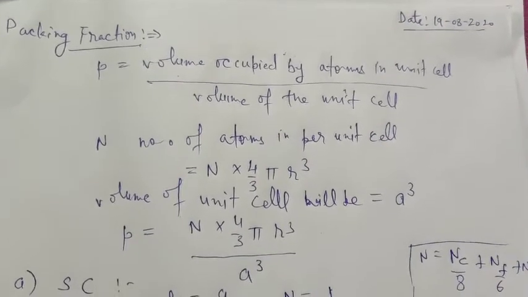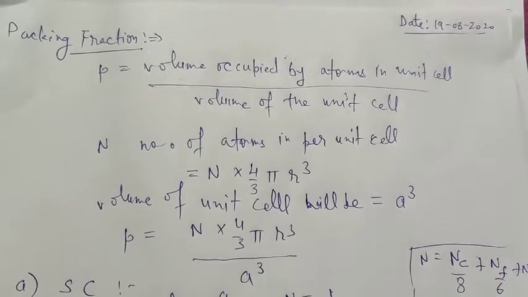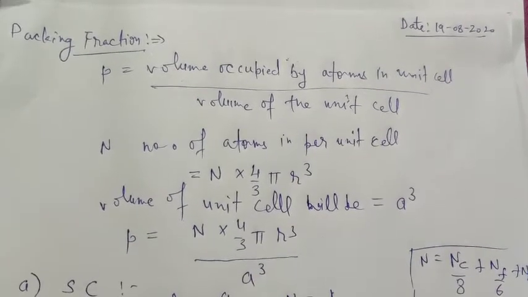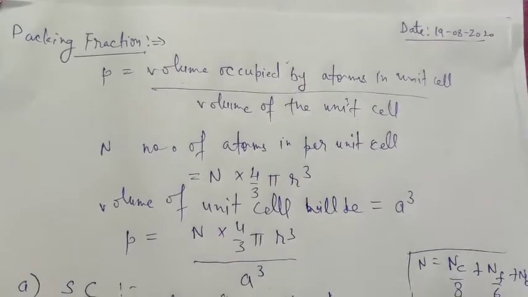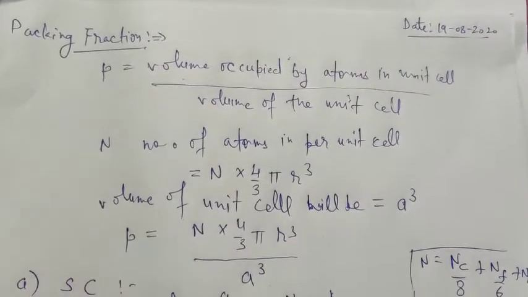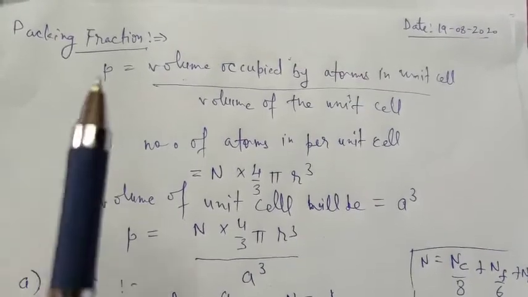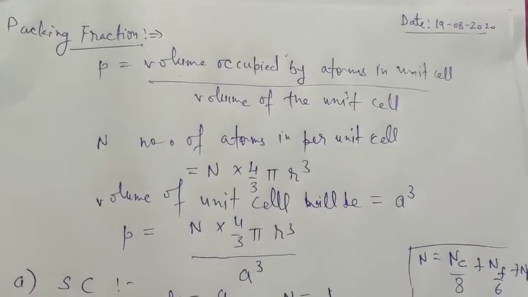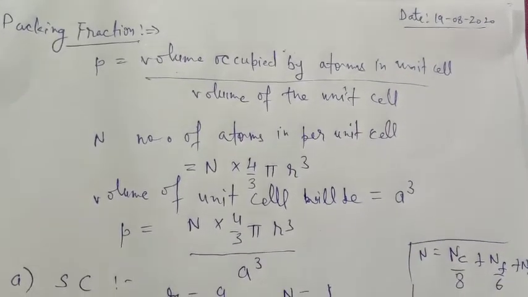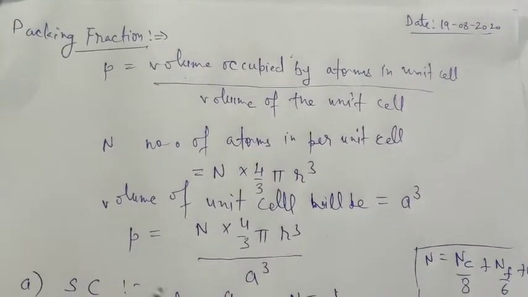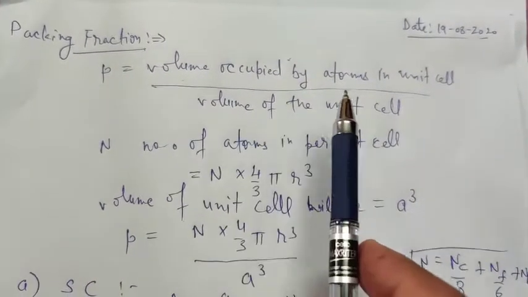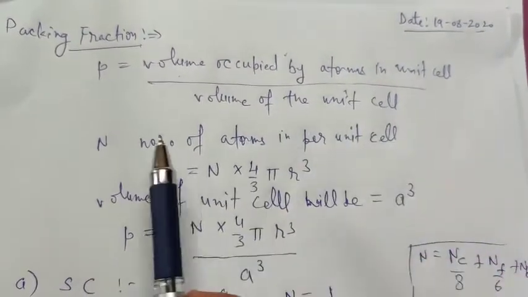In the characteristics we discussed the atomic radius, the number of unit cells, and the number of atoms in the unit cell. So by making use of those properties we are going to discuss the packing fraction. Packing fraction is basically the total fraction of volume occupied by the atoms in the crystal, and it is defined by the ratio of the volume occupied by the atoms in the unit cell to the volume of the